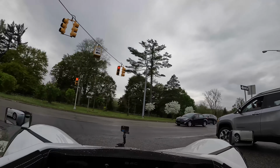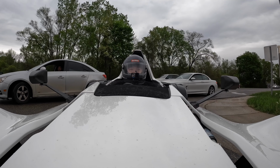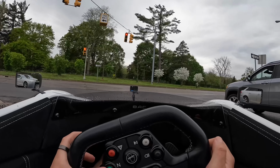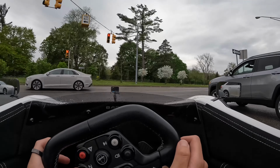I mean, the car experience on the road is different from the track. On the track, nobody cares, right? On the road, you've got other people looking at you. The fact that it's raining probably makes this even more ridiculous. If it was sunny out right now, it's still ridiculous, but people would be like, okay, that's pretty cool. But...